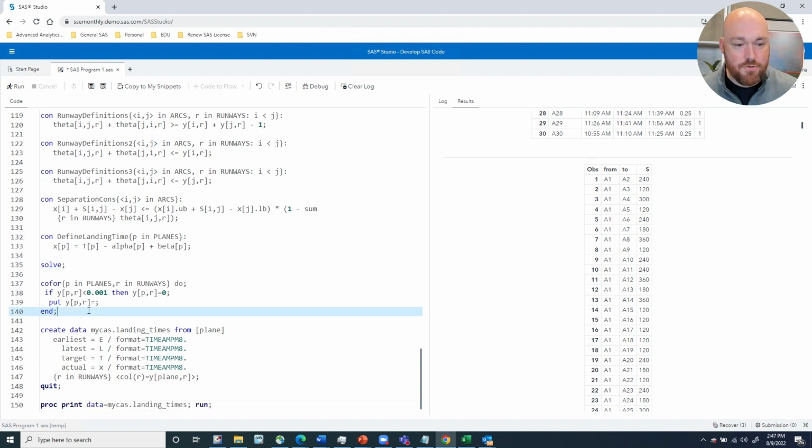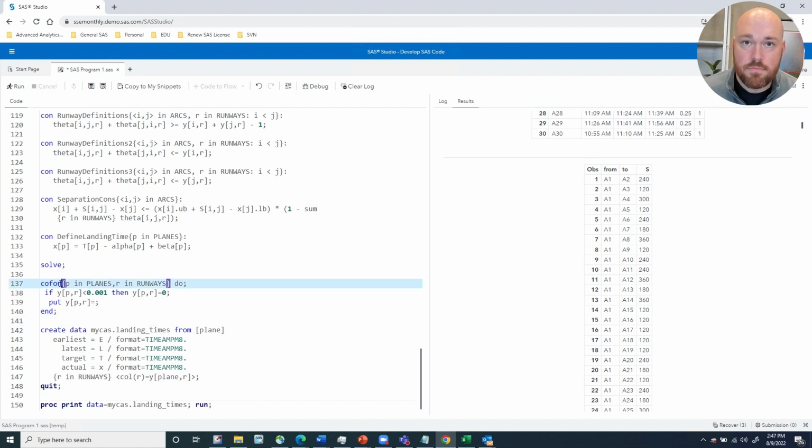It'll call and then use and solve the model above. Down below, I use a concurrent for loop, which most for loops run sequentially, right? So if you specify for each instance, it'll run 1, then 2, then 3, then 4, so on and so forth. What the cofor loop does is it instead runs those concurrently, and so it executes much faster than traditional for loops.